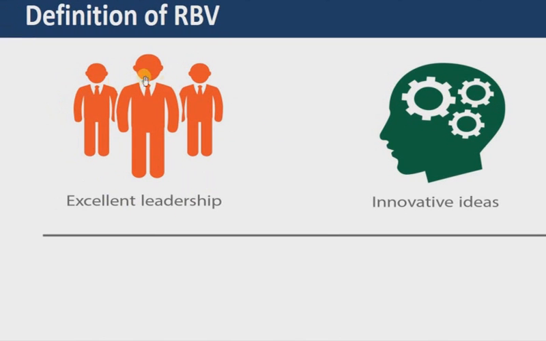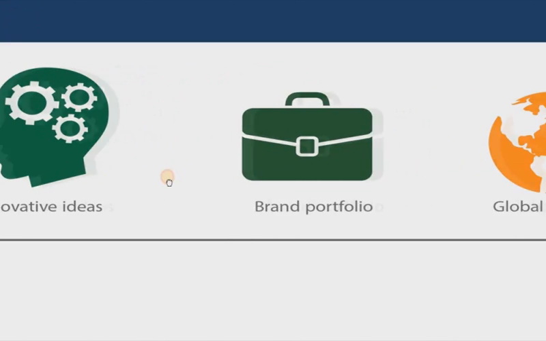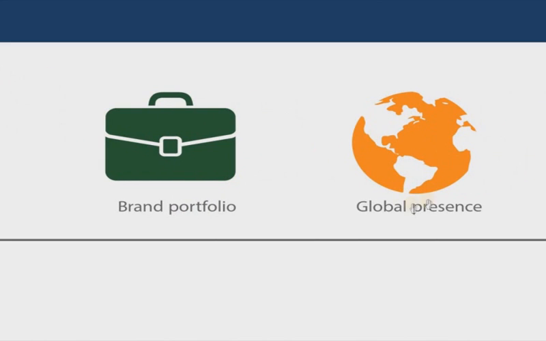So to be specific, what are the different types? For example, let us say you have excellent leadership at your disposal. You have very good managers. Then you have people who are giving you a lot of innovative ideas, or engineers, or you have a very good research and development team. This is something to do with intellectual property rights, so you will have innovative ideas. Then your company may have its own brand value, so it may have its own reputation. Then you may be operating at a global scale, in different countries, as multinational companies.